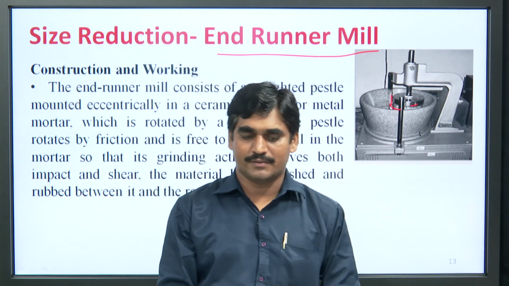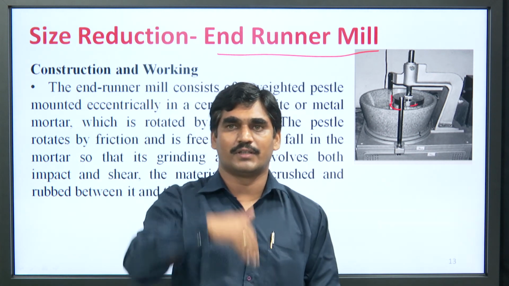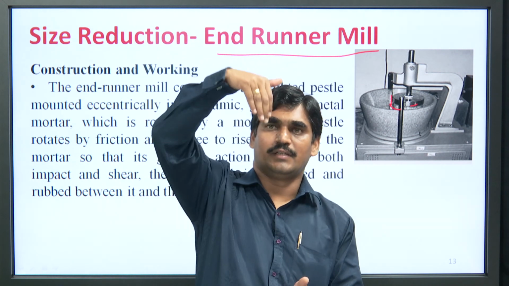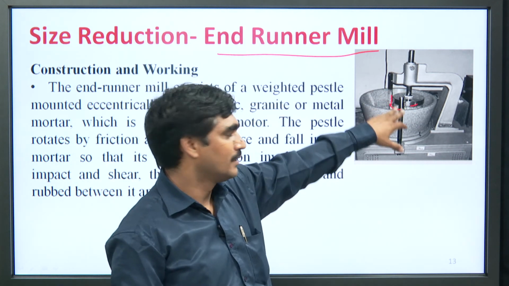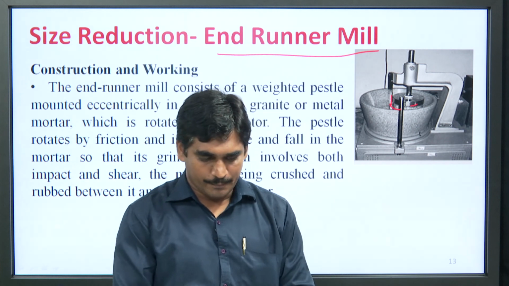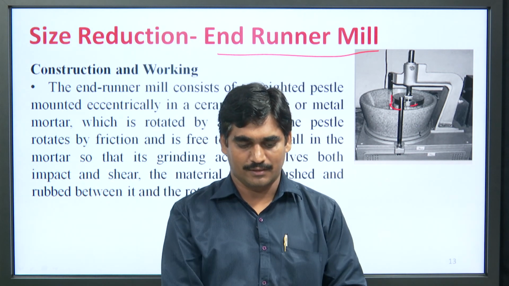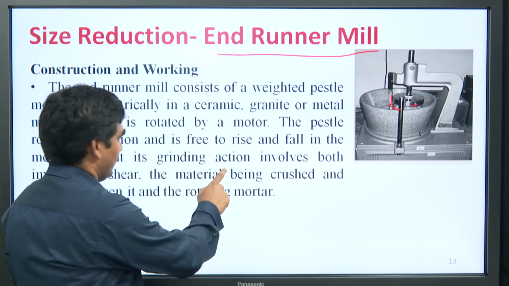The pestle rotates by friction and is free to rise and fall in the mortar. So, it moves in this way, and also in the up and down direction. Due to this action, grinding is done by both